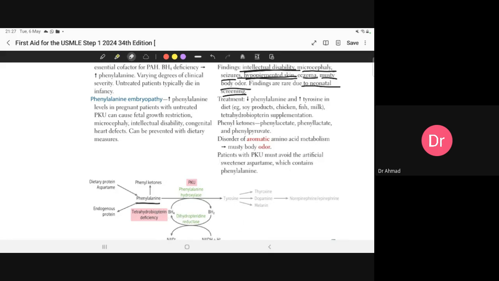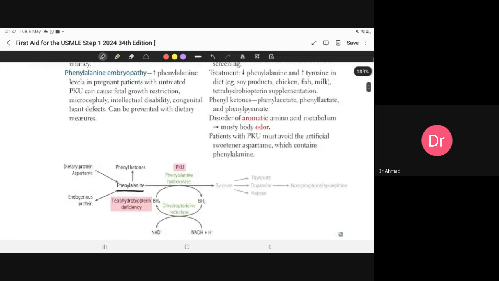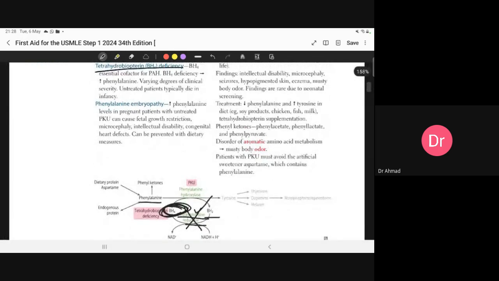So this is your phenylalanine deficiency. It could be because of the cofactor, or because of the enzyme itself. With the cofactor, you need to remember that the active form of your cofactor is BH4. This BH4 comes from your BH2. Your BH2 is converted into BH4 by the enzyme dihydropteridine reductase. If you want this cofactor, you need this enzyme. If you do not have this enzyme, you cannot make this cofactor, right? So if you have tetrahydrobiopterin deficiency, a BH4 deficiency, you need to supplement the patient with BH4